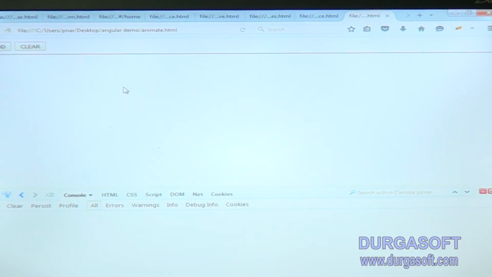Normally, if animation is required, we can use it in our application, in web pages. Normally we don't need to know that much about animation. When we require animation in a web page, we can use this type of animation. It is not like gaming-type animation, which we cannot implement in AngularJS. It is simple animation we can apply here. That's it.